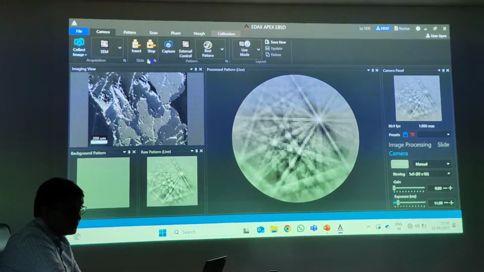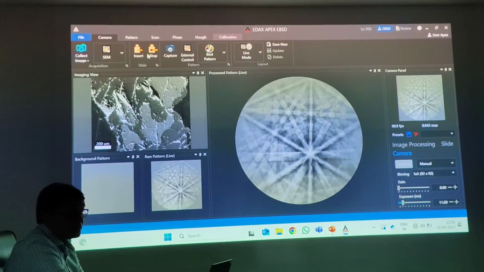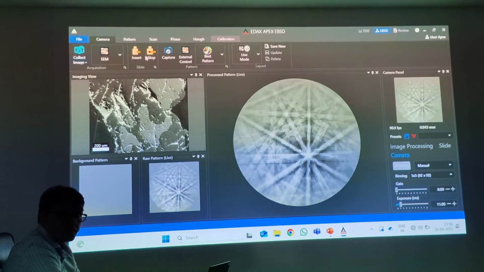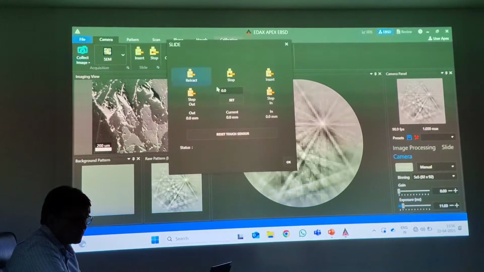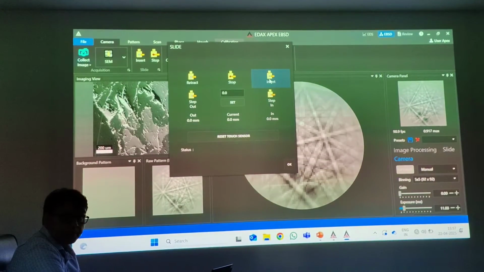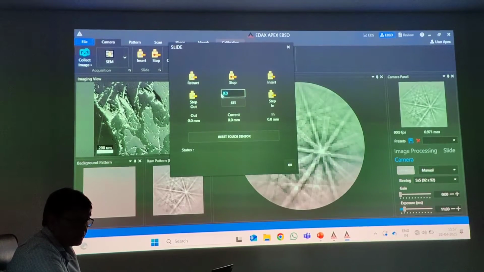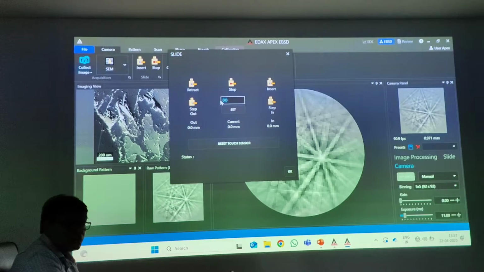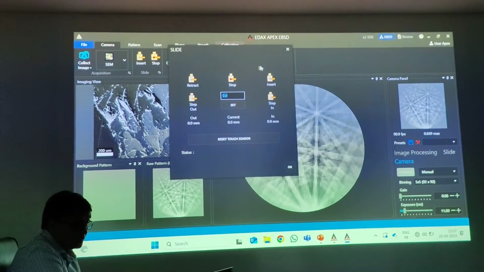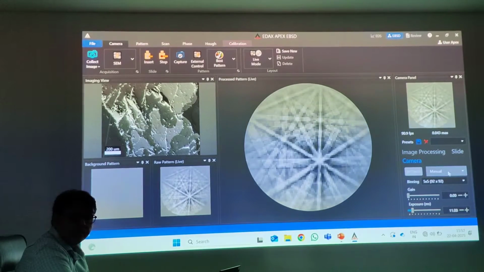And once you are okay with all these parameters, then you can insert your EBSD camera. This is just a demo software on your laptop, so it won't be able to do anything related to hardware, but you can expand this option and insert the camera. Once it reaches a particular defined value where the calibration was done, the camera movement will stop. Once your camera is inserted, the next thing will be to optimize the camera parameters.